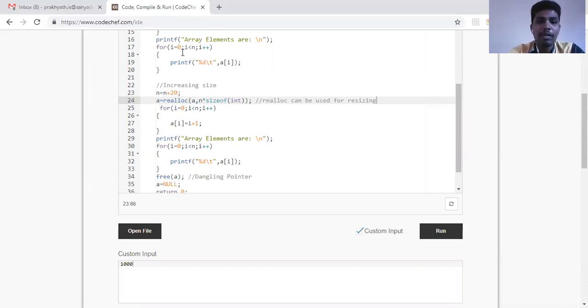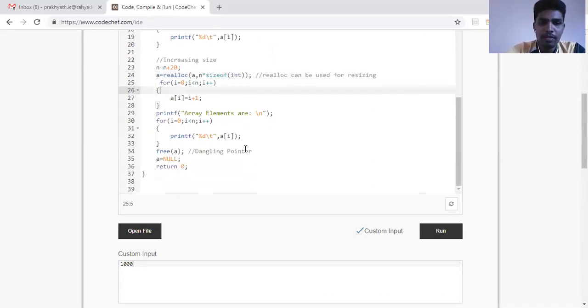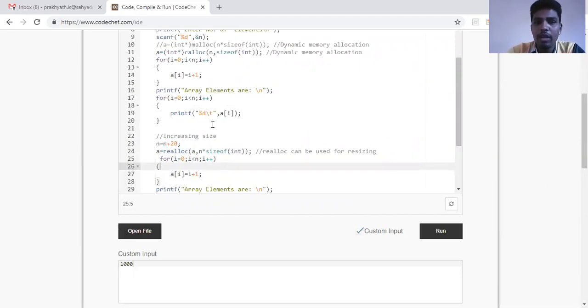That's it. But to avoid that, we have to go for resizing whenever we don't want that much memory. If you want extra memory or if you want less memory, you have to go for resizing. And how will you resize? You can resize using which statement? Realloc. So realloc is used for resizing the memory. Clear? I hope this gives justification to the dynamic memory allocation concept.